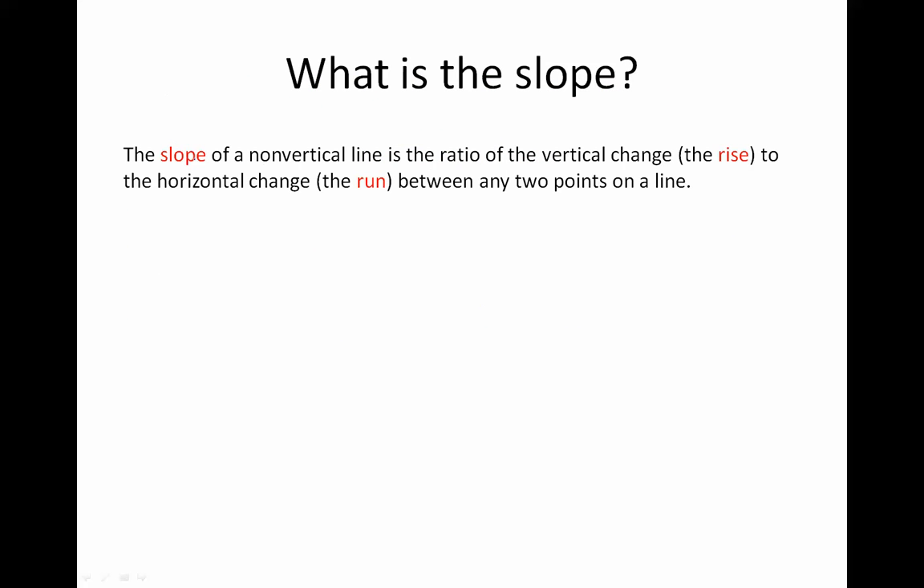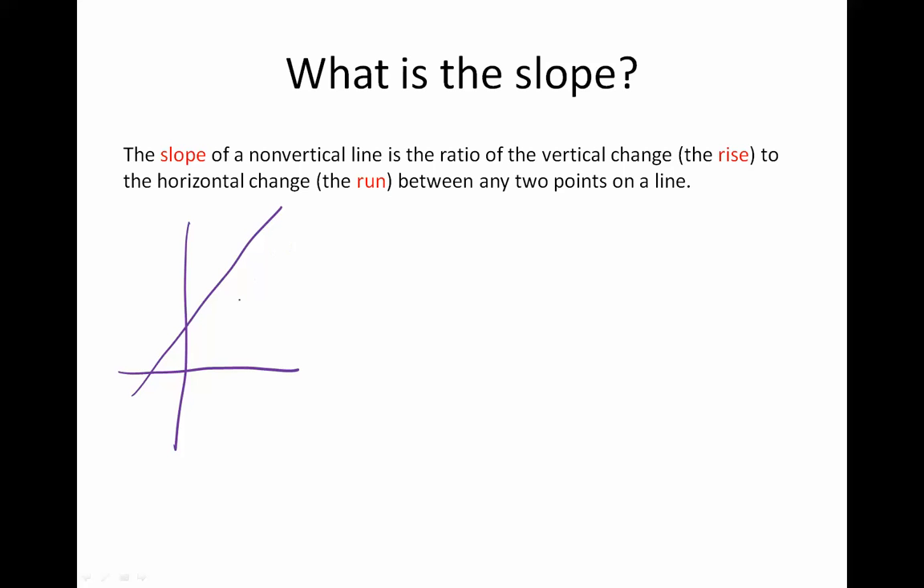Well, the slope of a non-vertical line is the ratio of the vertical change, also known as the rise, to the horizontal change, also known as the run, between any 2 points on the line. So there's some jargon there. What the heck does that mean, right? Let's draw a picture and talk about what this really is. So if we have a graph with a line,